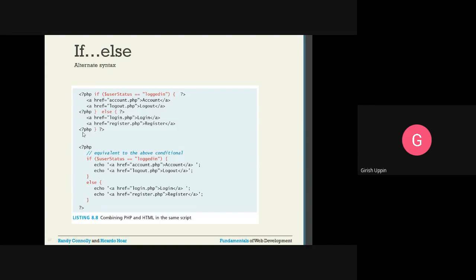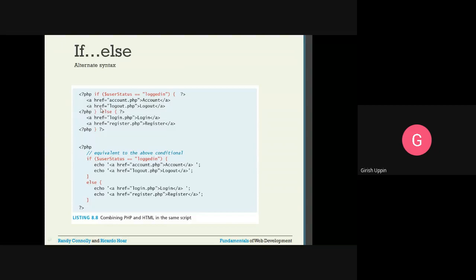Then after that, again I have PHP code, a beginning PHP tag and closing tag, and this is the closing of the false block. Now if you see this code, it is very complicated, and too many times we are opening the PHP and closing the PHP. This piece of code is easy to understand, but if you are working on a huge project, it will become very complicated. The second option that is given is a better option.